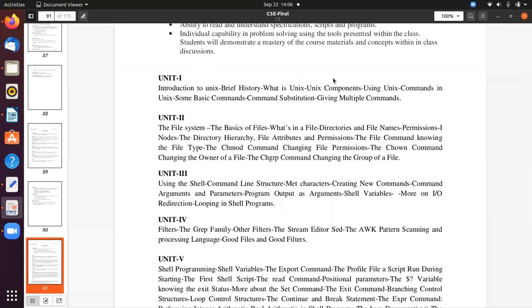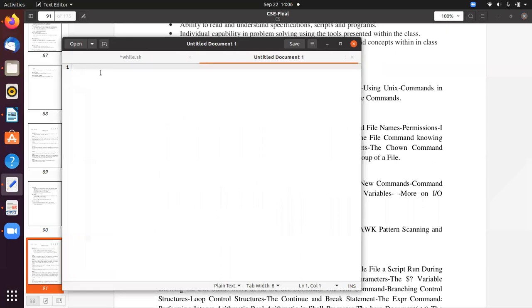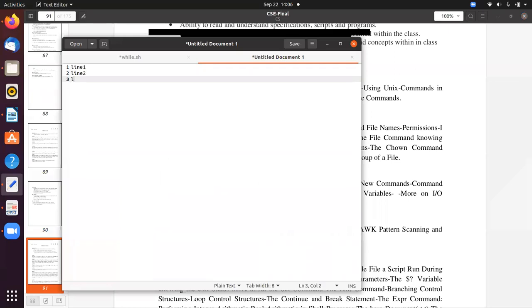How the control is flowing while executing the instructions is called flow control. For example, this is instruction 1. This is line 1, line 2, line 3, line 4, line 5.